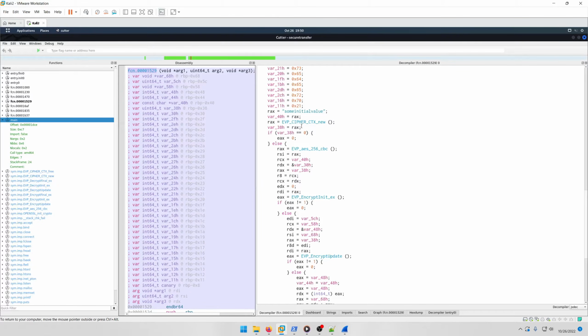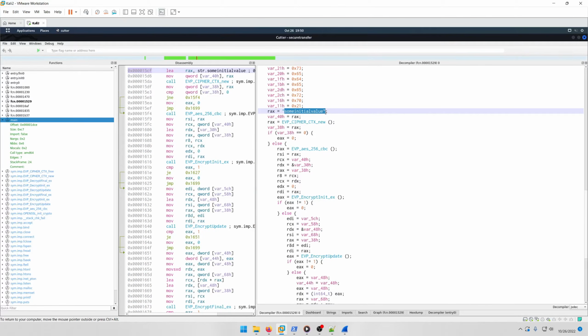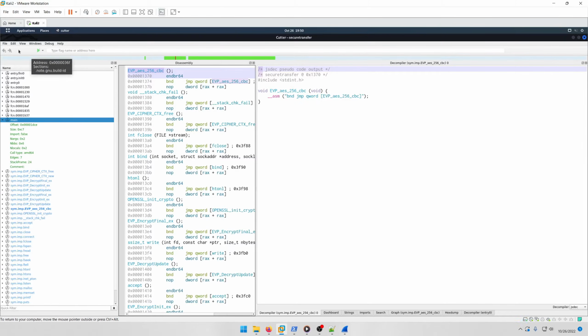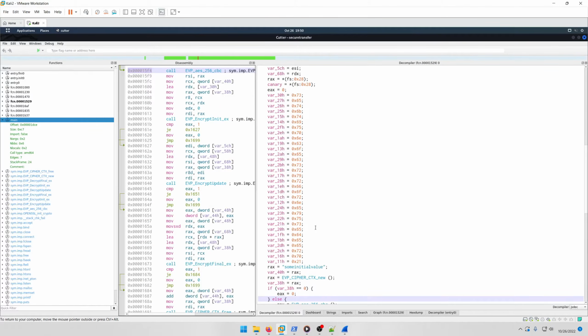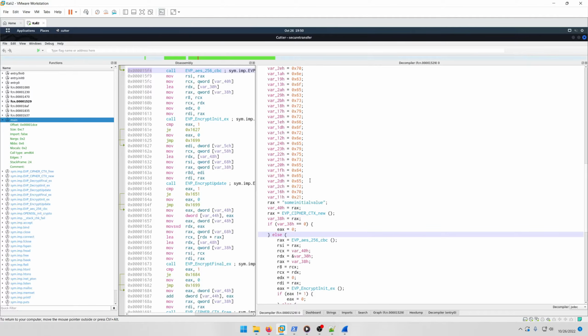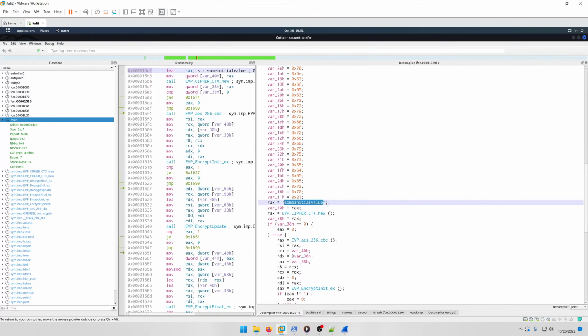So if we scroll down a little bit more, we see that there's another string called SOMEINITIALVALUE. And then we can also see that AES 256 CBC was probably the encryption algorithm used to encrypt that TCP data, as that is the function being called here. So I'm thinking that since it's AES, you need an initialization vector and you also need the key. We have the key, so the initialization vector is probably this some initial value string. So if that's the case, we should easily be able to decode it now